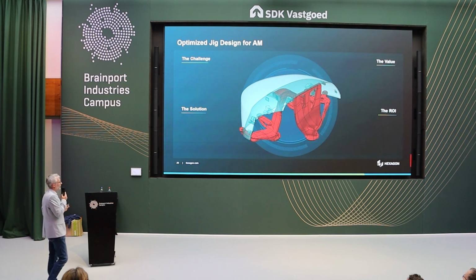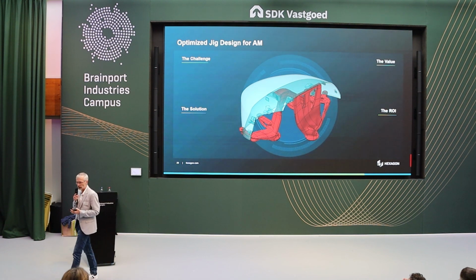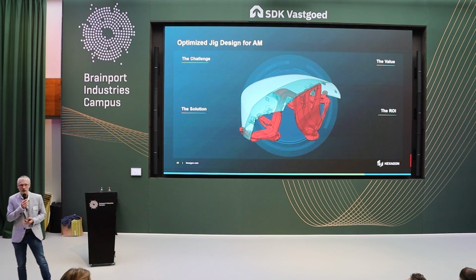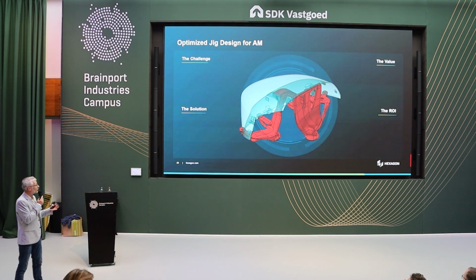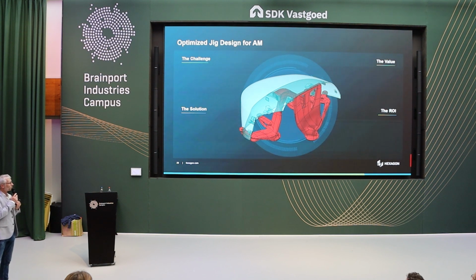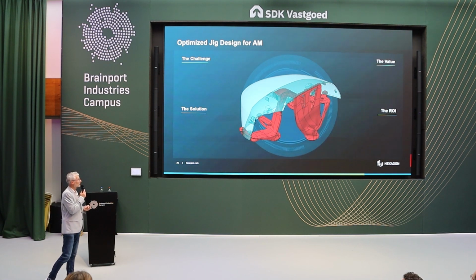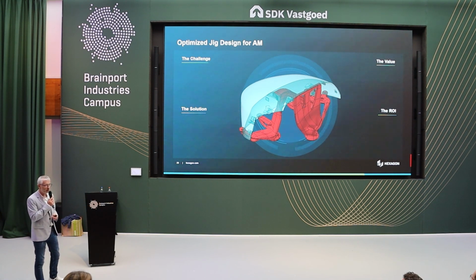So the next step is to think about the manufacturing. Now that we have a CAD, how are we going to manufacture this component? What should we do to get the good representations, the good manufacturing of this component? So here we are going to evaluate two different types of solutions. The first one is the 3D printing of this component, and the second one is the injection molding for the